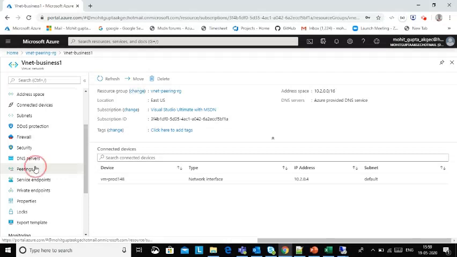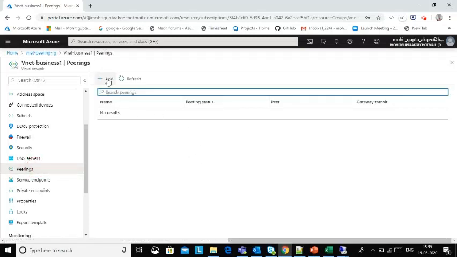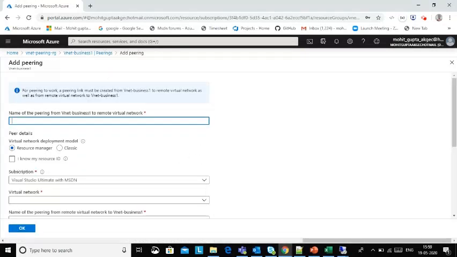Here is the peering section, where you can add the peering. The name of the peering is peering business 1 to business 2.